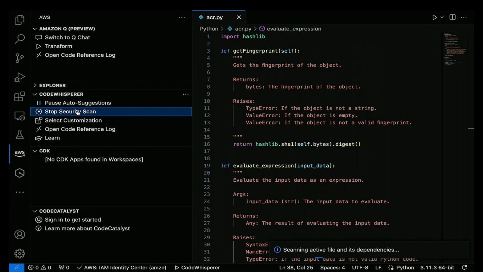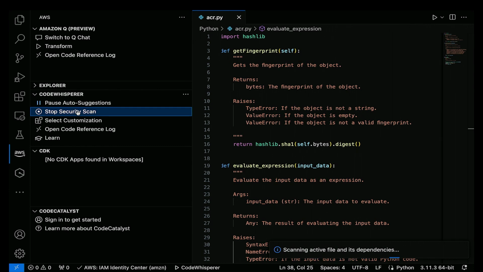And by the way, if you're using the free version of CodeWhisperer, you can do this 50 times a month. I love developers doing security scans 50 times a month. That's great. If you're using the professional version of CodeWhisperer, see, all the people that laughed were development managers. If you're using the professional version, you can do this 500 times a month, because professional developers do a lot of security scans. That's the way they work.